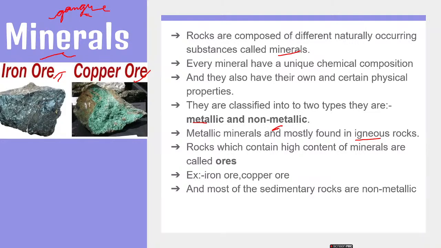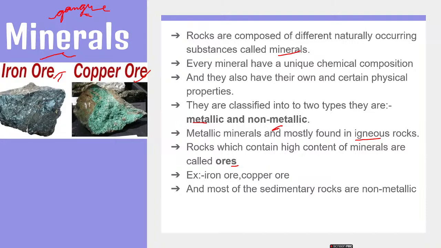Selling this ore can gain a profit. On selling the mineral extracted, if he gains a profit, it is called an ore. But if he spent a lot of money on extracting it, but the coming profit is less, then it cannot be called an ore. Did you understand? Okay. It can be concluded that ores are the type of minerals where the profit gained on selling them